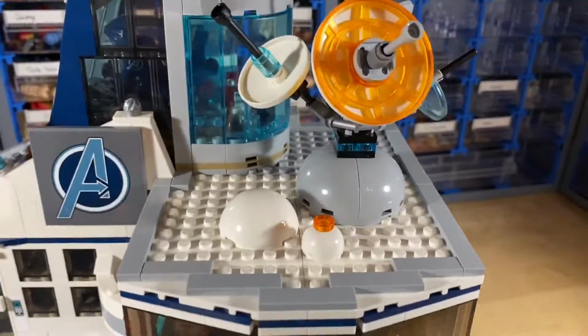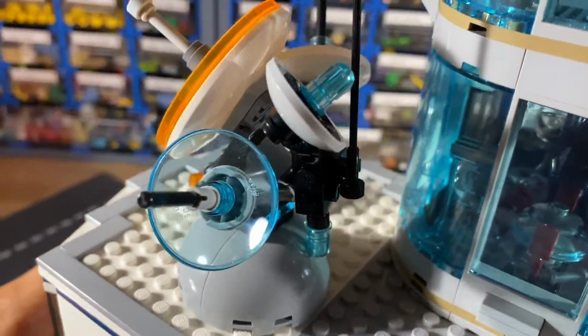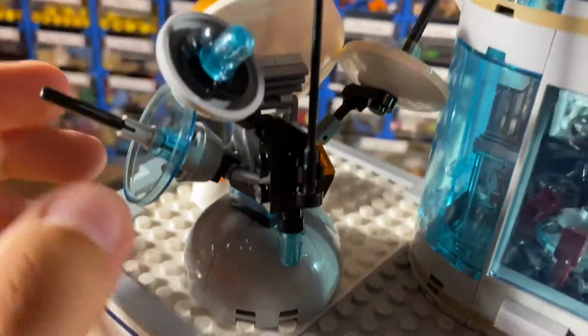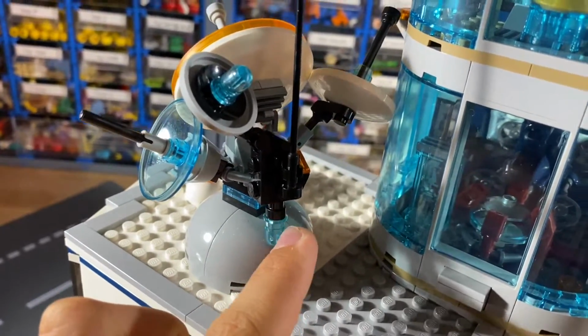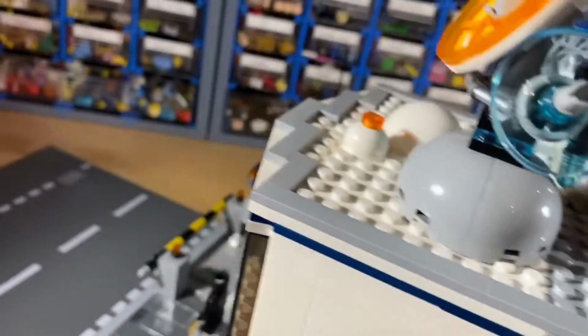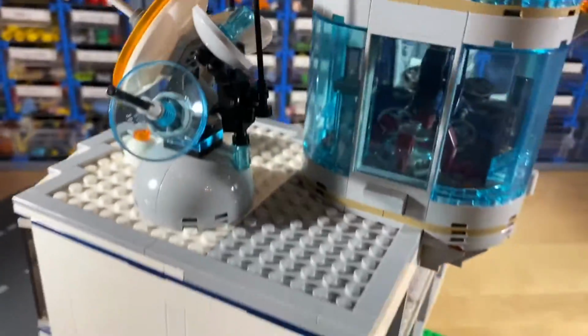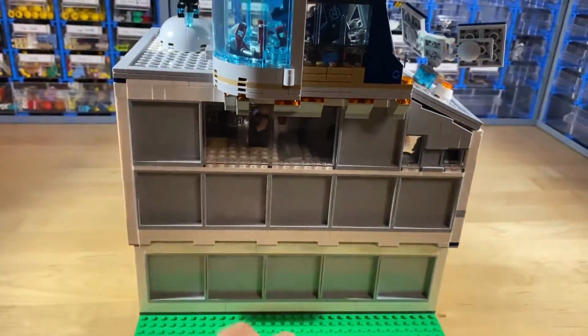But going over, turning this around, to give you a better look at all the antennas. You can see it's able to spin, and it has this little assembly on the back here, with the blue light and some blue in here, which is the same I used at the front there. Gonna get there in a bit, but I'm actually gonna give you a look at the back now,